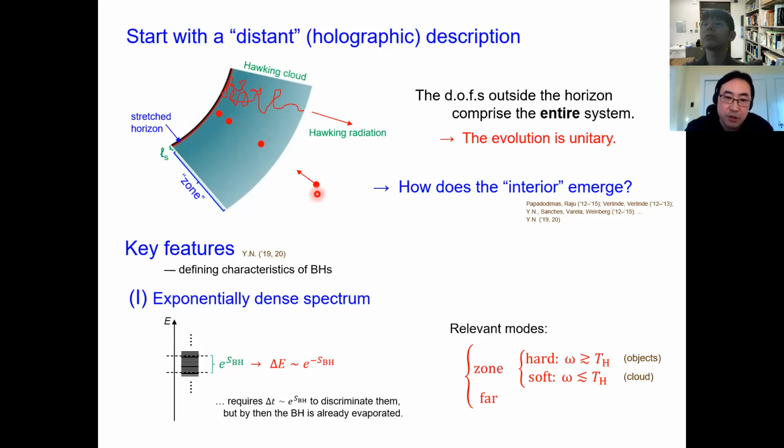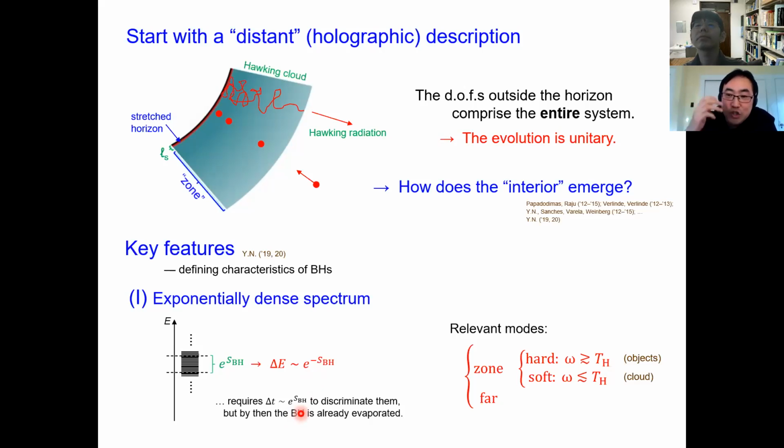The first: because of the huge redshift as viewed from the exterior, all these different states become denser and denser, with exponentially many states as viewed from the exterior. And that's nothing other than the Bekenstein-Hawking entropy. So you have e to the S_BH states in some very small energy window. That means the energy difference to the next level is exponentially small, and you need exponentially long time to discriminate these things. Certainly just the uncertainty principle, delta E delta t equals h bar. So you need exponentially long time, but if you spend exponentially long time,